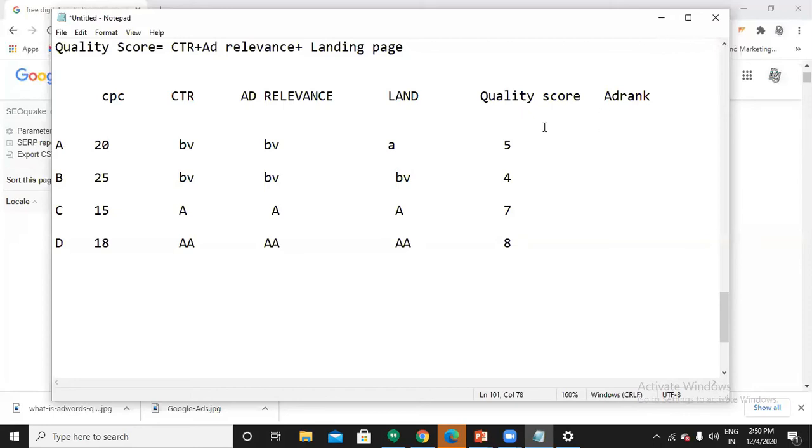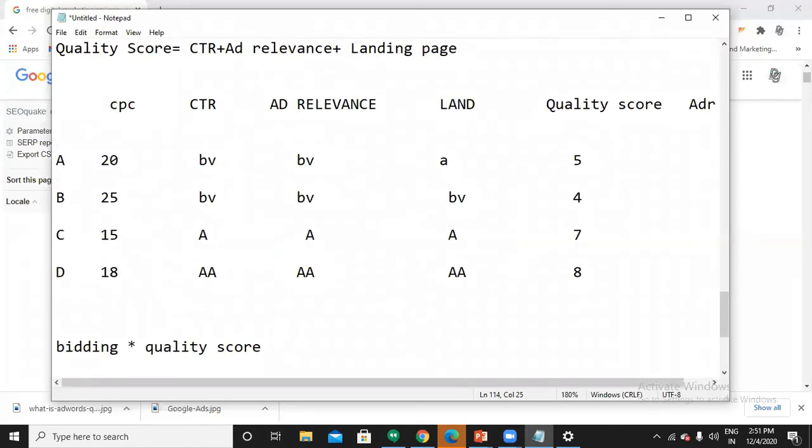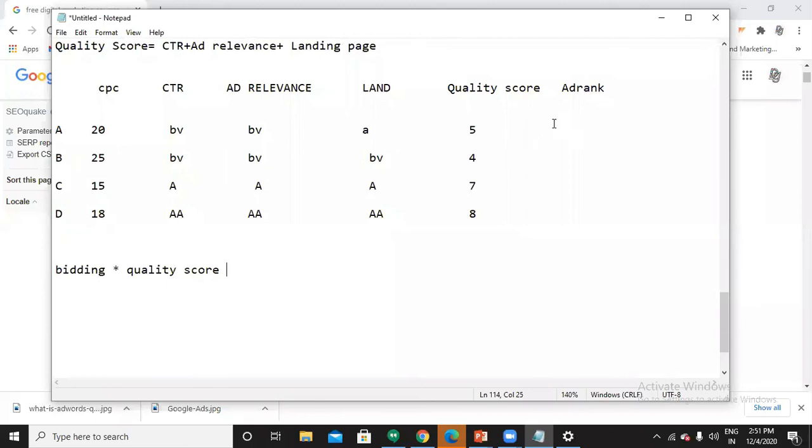Ad rank of each and every competitor. So what is ad rank? The ad rank formula is bidding into quality score. Am I right? Bidding into quality score. So now guys, tell me what is the ad rank of advertiser A?